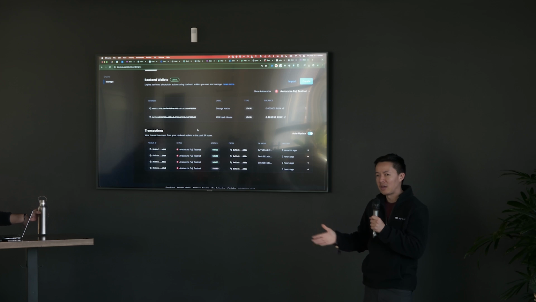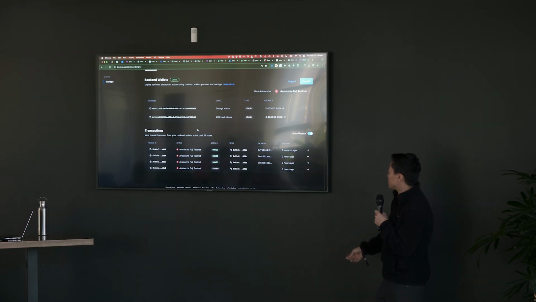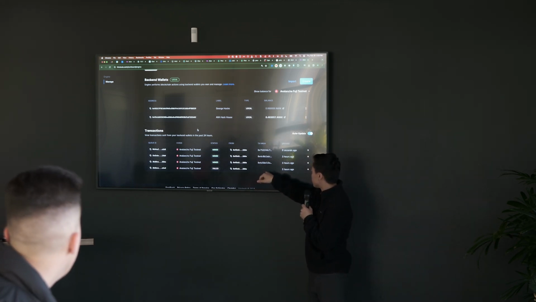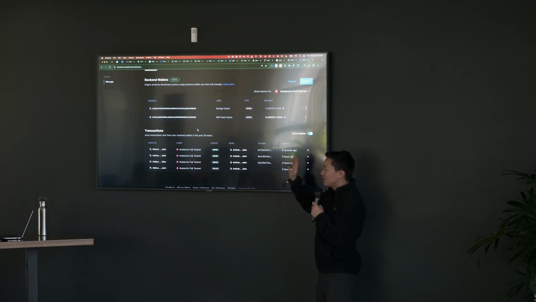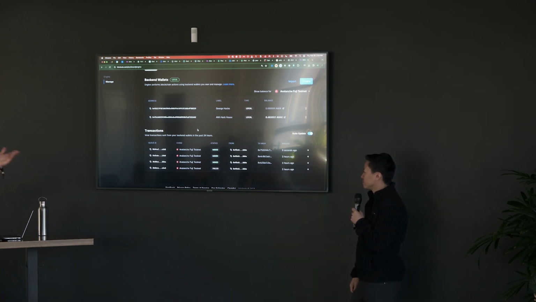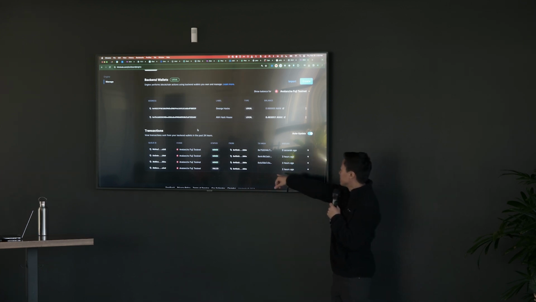You don't know, they only see what's made it to the chain, right? And so here you can see sometimes things failed, and maybe this was out of gas, maybe we sent the wrong parameters. Yeah, that one failed because I didn't have minting permissions on the contract. Why don't you click into it, actually?